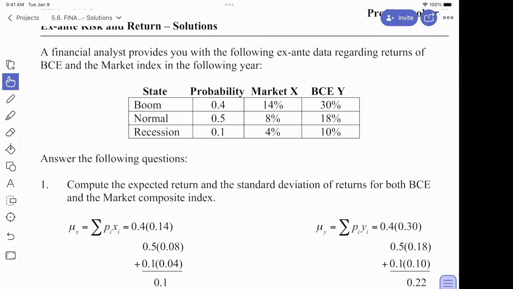Now these numbers were used, so this set of data was not just based on past prices. It used past prices, it used projections of future economic circumstances, it used information on financial reports of these companies. Okay, so all of this was put together to come up with 3 states of the world: a boom economy, a normal or status quo state of the economy, or a poor recessionary economy. Now this is actually, as complex as it looks, very simple. This is called a discrete distribution. Okay, it's showing you only 3 possibilities.